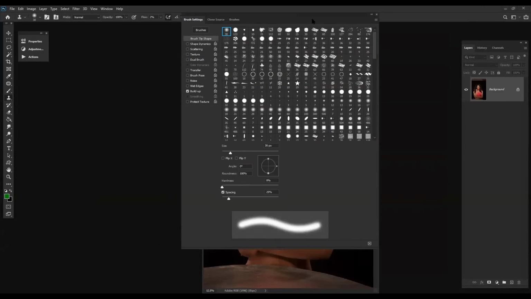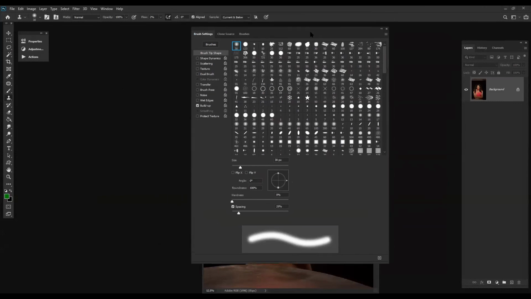You can see the brush setting option over here. Basically, we have to keep the build up on. What does build up do? Build up is basically this airbrush option that we have over here.